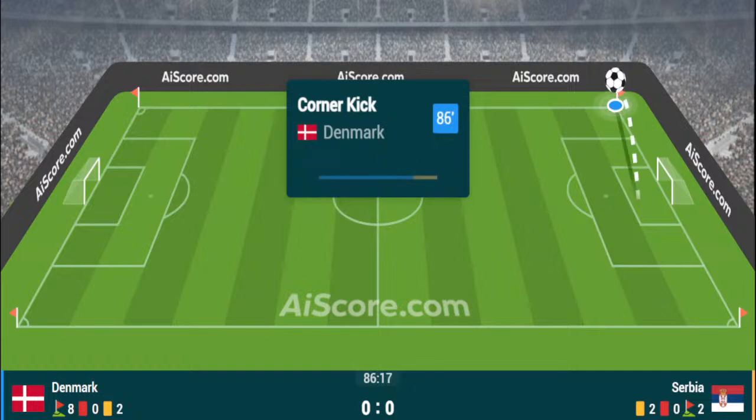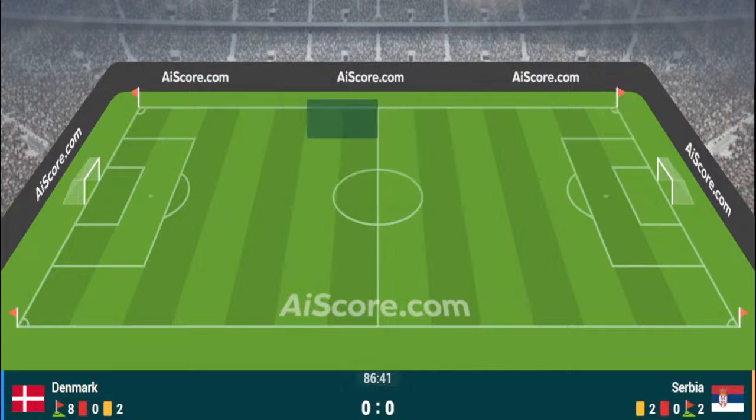Denmark have possession just by the halfway line, and now they've played it forward intelligently, looking for Mæhle. Mæhle just outside the penalty area on the right hand side, and Mæhle's trying to hit the dead ball line, and Mæhle just hangs up a cross towards the back post, and Denmark have bodies back there. It's going to be a corner kick because Dolberg was in the heart of the action, and Mæhle did really well initially on that right hand side just to hang up the cross, and then it is going to be a corner kick for Denmark.